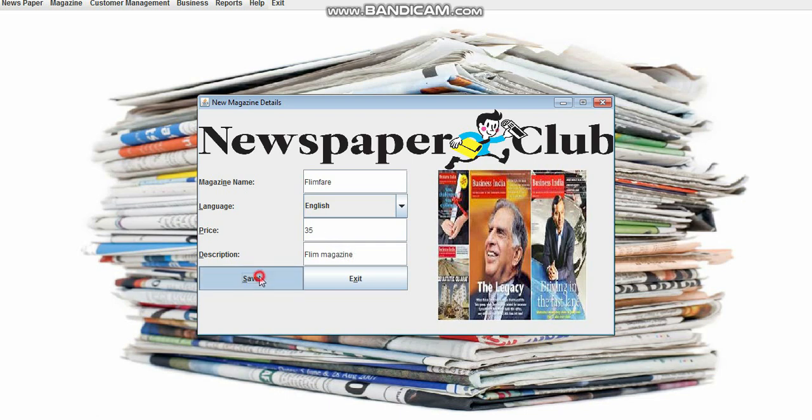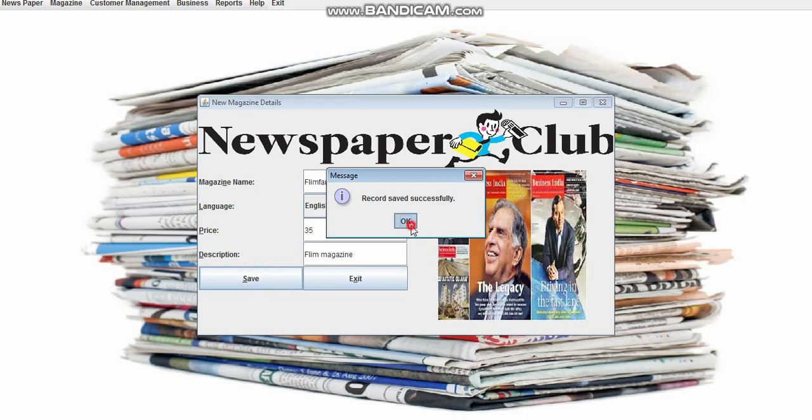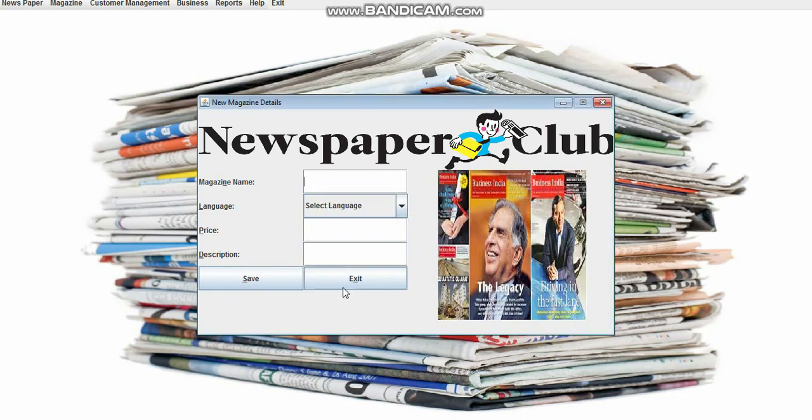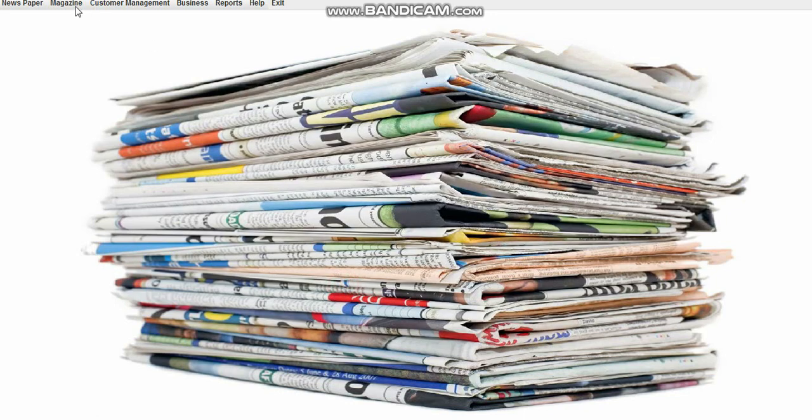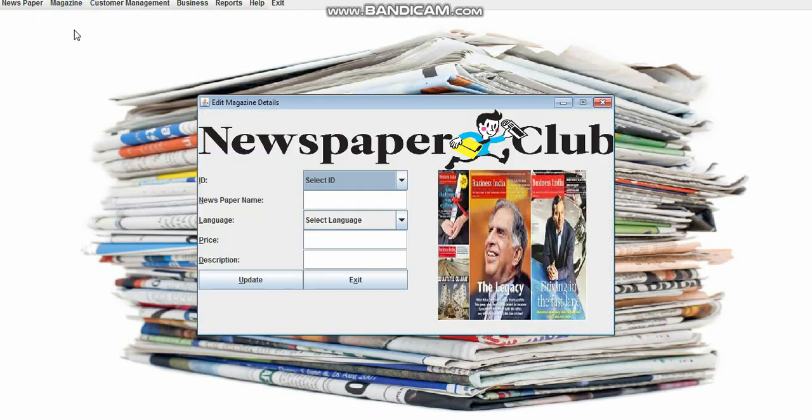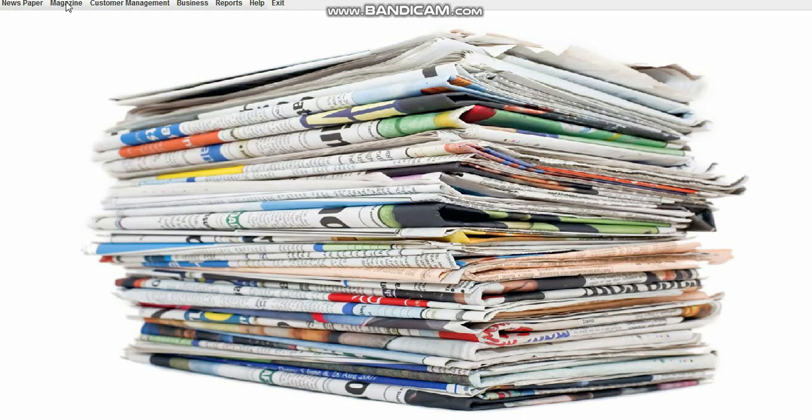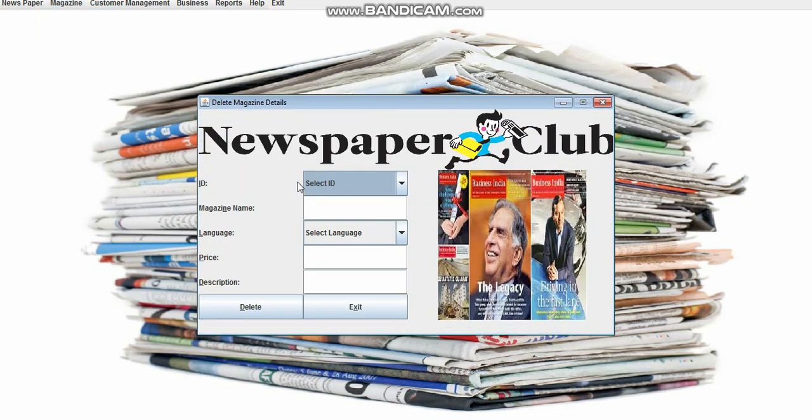You hit save and the record gets saved successfully. And here this is the same as the newspaper, where you can edit it and then delete if you wish to. Now we aren't doing any of these operations, just to show you.